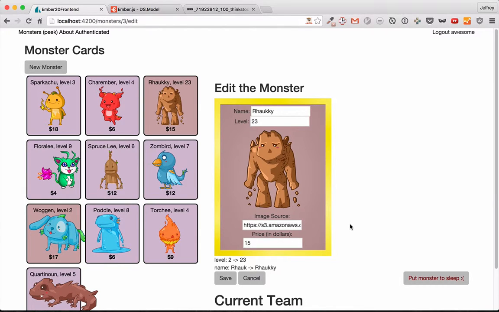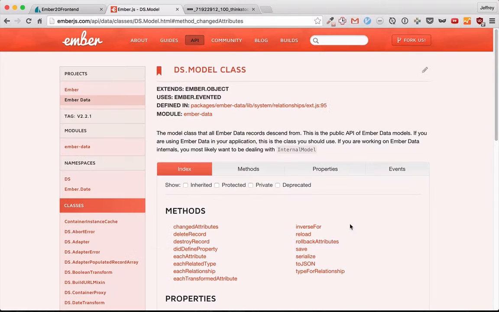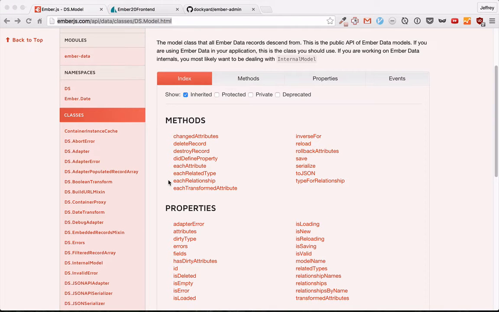I look forward to hearing about all the cool things you can do with these methods that I've showed you today. And once again, to review, those methods are rollbackAttributes and changedAttributes. In the next episode, we'll be going over the attributes property,